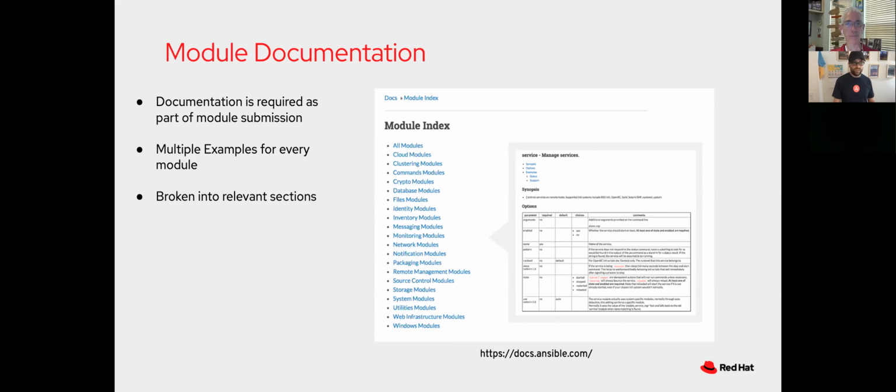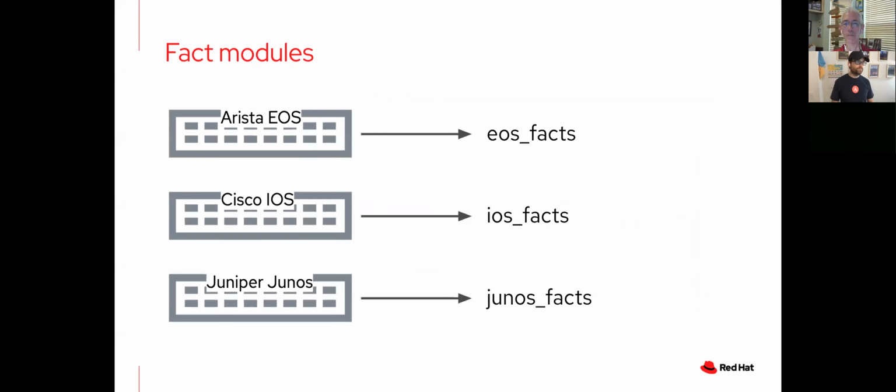And then all of the documentation is broken down kind of the same way. We talk about what it does, we talk about the arguments and parameters that you can pass to it, and then what it returns. So an Ansible module can return a value that you can use later on in your playbook, which we'll see here in a few minutes. So the facts modules are what you use to actually gather facts from your devices. Like we talked about before when we were talking about *_facts, commands, all that stuff. Same thing applies here if you're looking to just gather facts. These don't make changes,